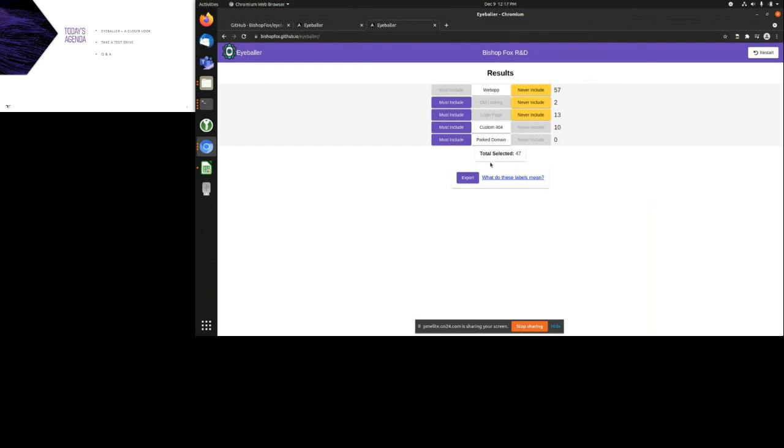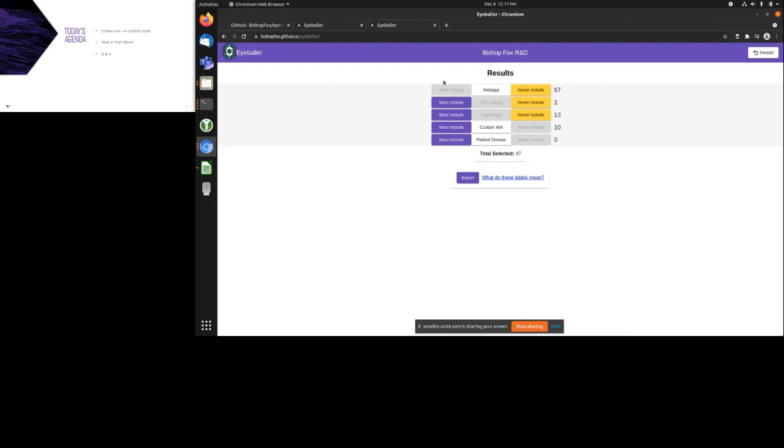Once each of these labels come back, you can export these out for use. So we can look at what each one of these is doing. The default settings here will show you all web applications. In order to be exported, it must be a web application, and it will exclude all the custom 404s and parked domains.